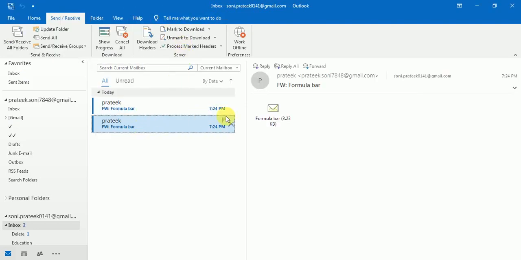So we have this mail and there is a notification mail as well, formula bar. See, we have that mail as an attachment sent from 7848 to my email ID 141. This is automatically forwarded. I have not copied this email ID in CC. It is automatically forwarding a mail to my other email ID.